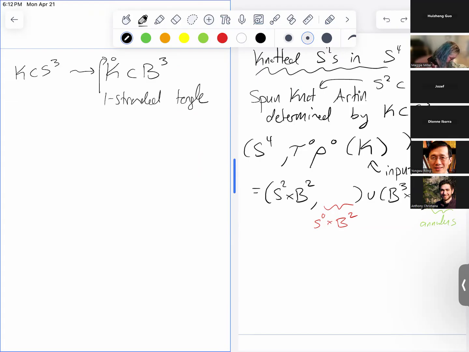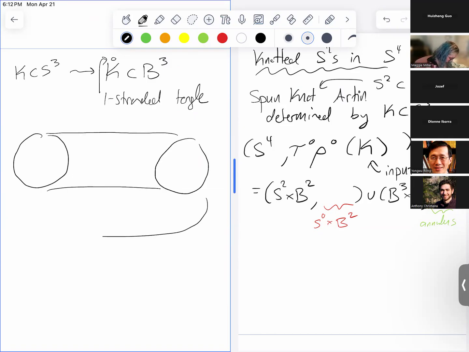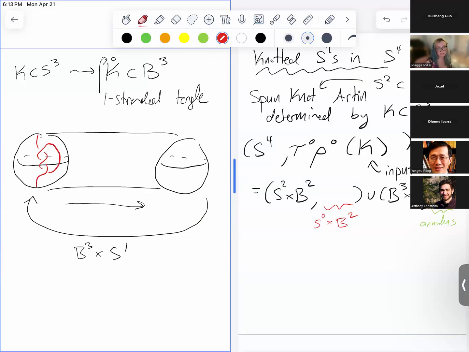Okay, so I'm going to think of B3 cross S1 as B3 cross I with the ends glued together. So this is my B3 cross S1. Here's each B3 factor that I've drawn at both ends, and this looks like an interval, but it's really an S1, right? Because I glued the ends. And then I have this particular tangle inside of B3. I'm going to take that tangle inside of this first copy of B3, and I'm just going to take that cross S1. So in this picture, it's going to look like tangle cross the interval, but then the ends are